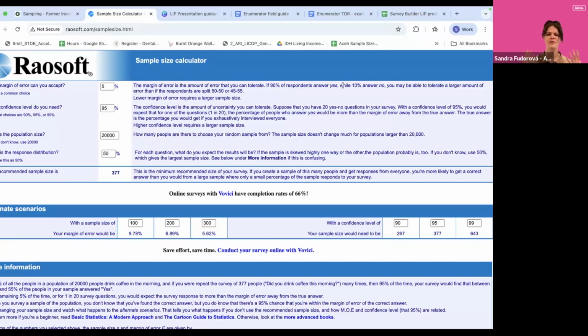And how you can determine what is a correct sample size is by using a calculator such as this, where you can determine your margin of error and your confidence interval, which usually the standard is 95% confidence level with 5% margin of error, but you can also choose different options based on the statistical rigor that you want to be putting into your study and your resources and your availability. You insert your total population size. So if you are, for example, trying to get an overview of what the cocoa farmers in Sierra Leone are doing, your total sample size would be the number of all cocoa farmers within Sierra Leone.